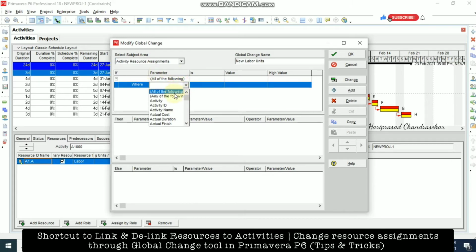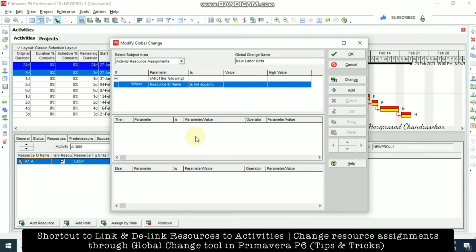Now we can type R on the keyboard and make use of resource ID, name is not equal to, which means is not equal to blank.